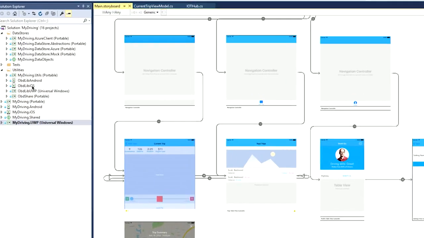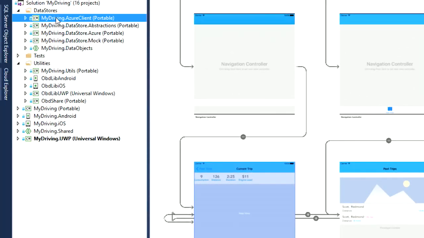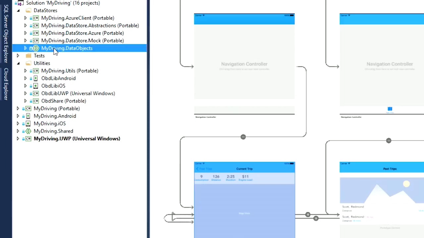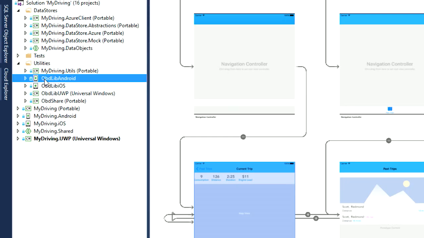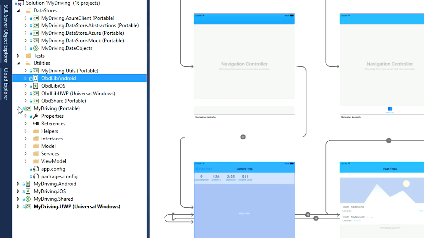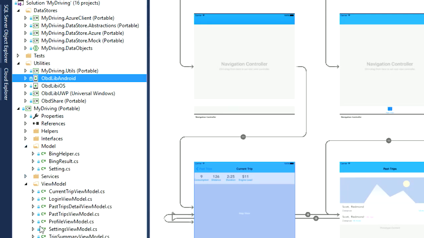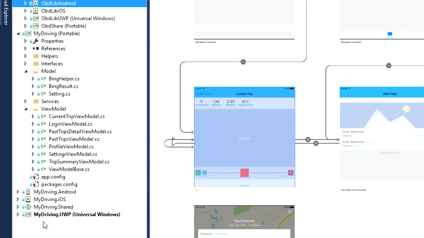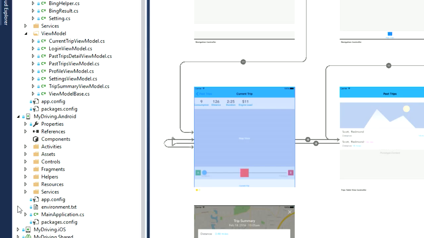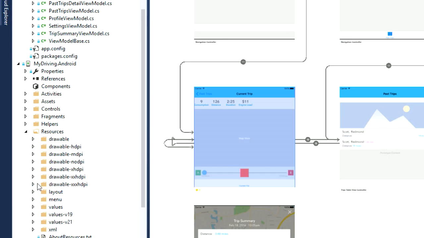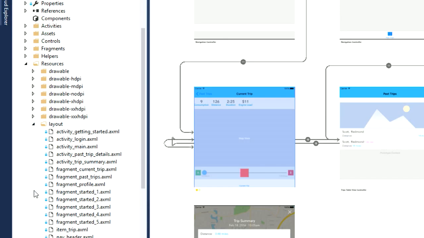Now, this application has tons and tons of shared code. Not only are we sharing our entire backend, all of our data stores using Azure mobile apps with an online-offline synchronization, we're also using libraries to pull and read OBD sensor data, and of course our full portable class library with all of our models and all of our view models for every single page. Then we have platform-specific user interfaces for iOS, Android, and Windows 10. So this is really going to give you everything that you need with great architecture and how to get started